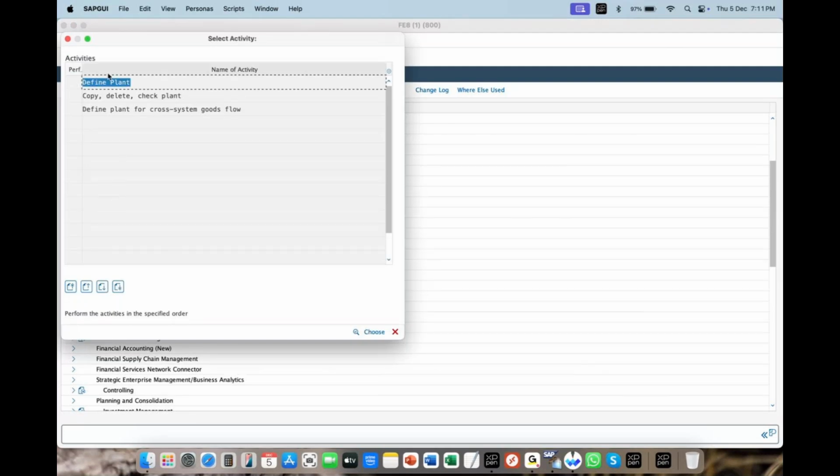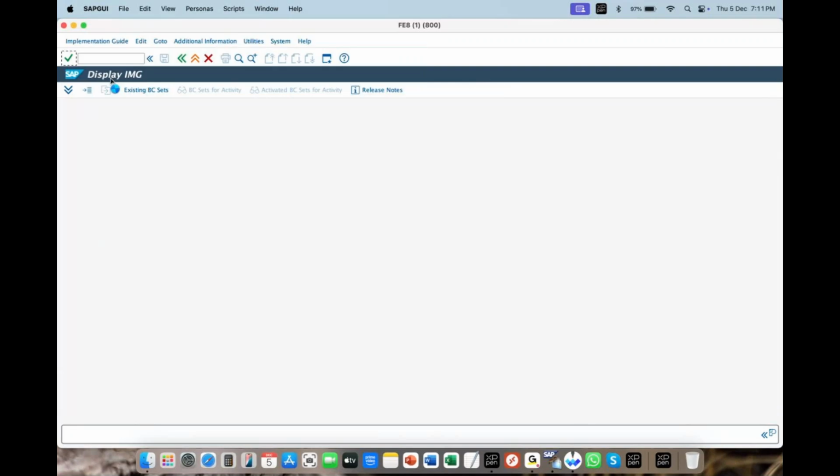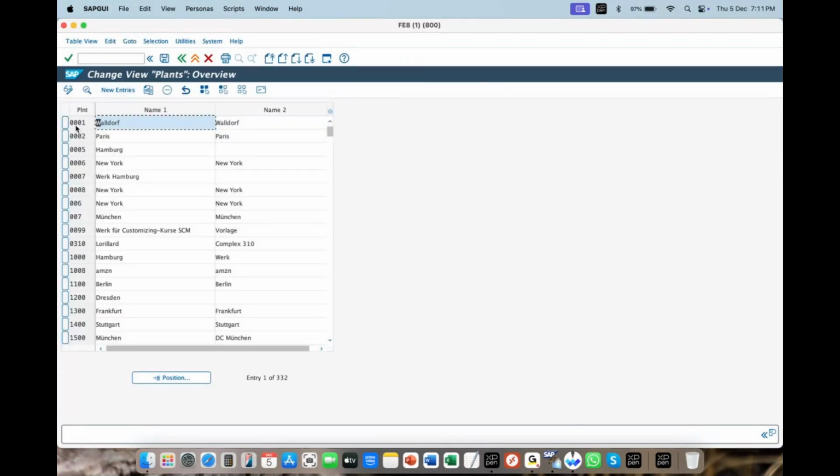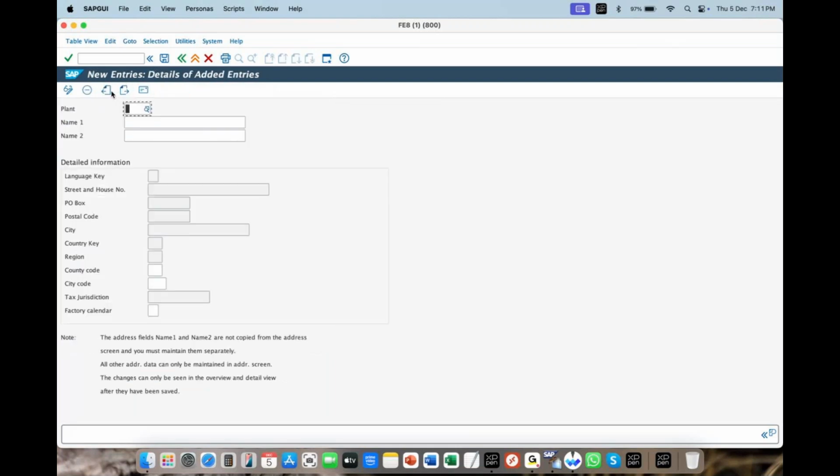So define plant here. Double click. New entries, short name, 4 letters, can be one, can be two, can be three, or can be four. So I say new entries here. What is the company we have taken? What is our project client? Zara. Say ZARP as my plant short name identity.